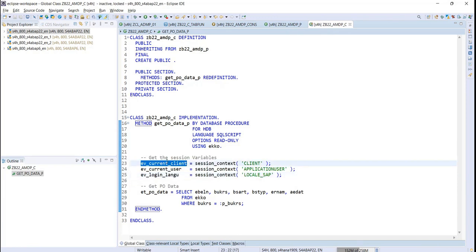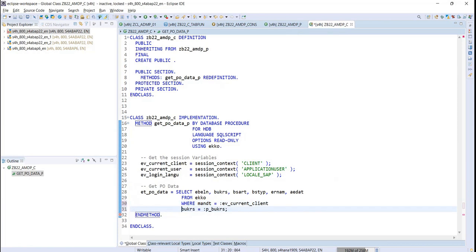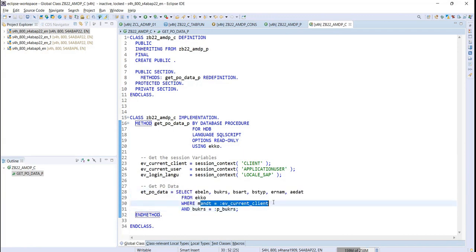And now if I want information coming from only the current client which is executing this, how can I do that? I can just say MANDT equal to the current client over here. And I'll just specify AND over here. So it would say, give me all the purchase orders where my client is the one which I specified and my company code is the one which I'm getting in the input. And I should be able to derive all the respective information. If I just activate this,